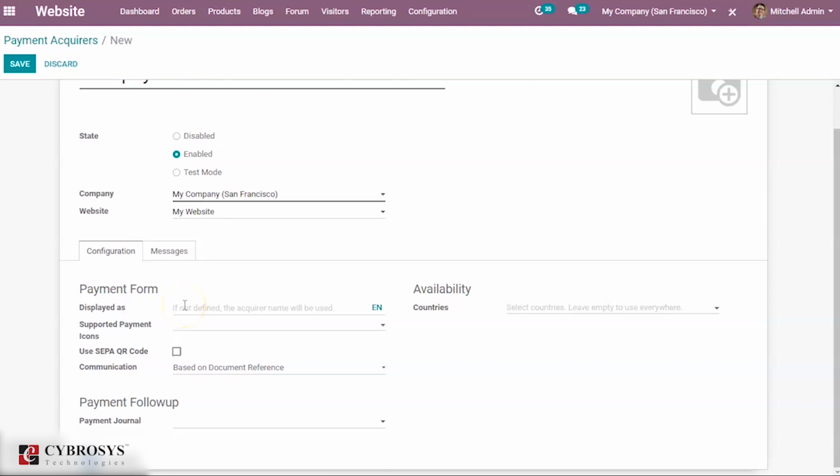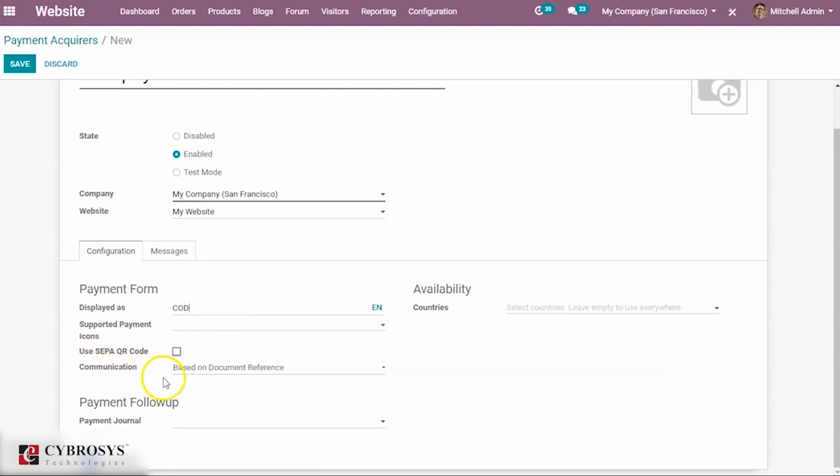Suppose I want to display it as COD to my customer, I can use this. Here you can provide the supported payment icons if you have, and if you use SEPA or QR code, you can enable this.